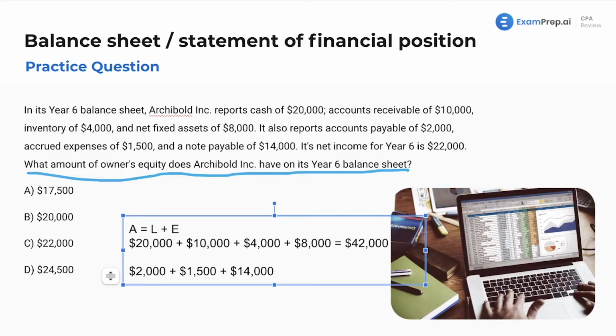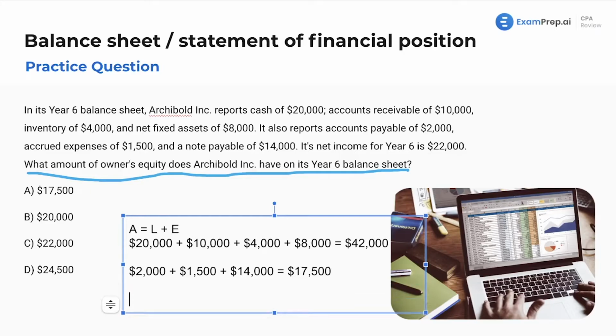Now, if you're saying to me, hey, Nick, your net income rolls into your retained earnings, which is also included in equity, sure, you're exactly right. However, in this case, these are our year-end balances, so this would already be included in whatever we get for our answer. All right, now that we've got all of our liabilities together, that comes together for a total of